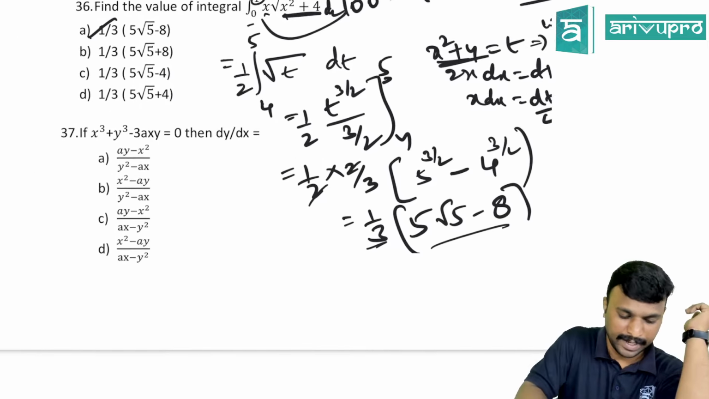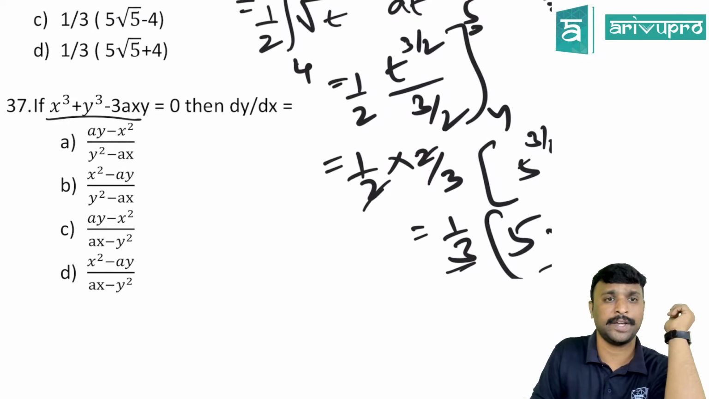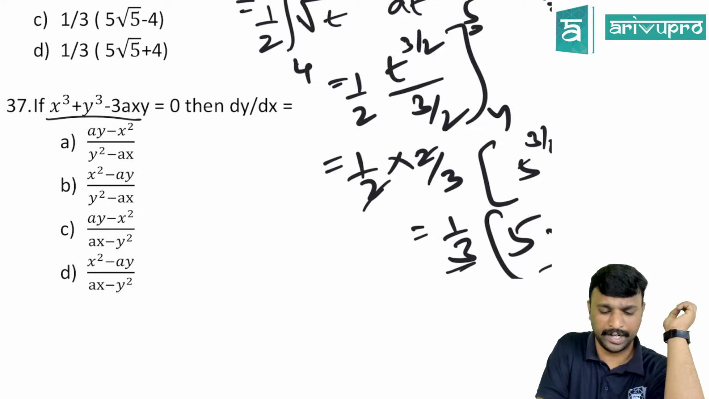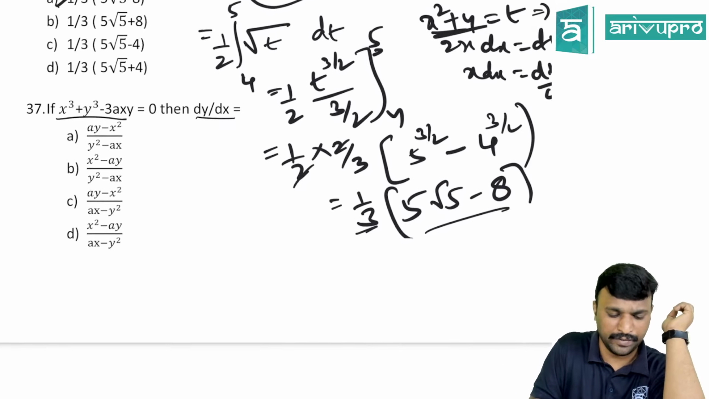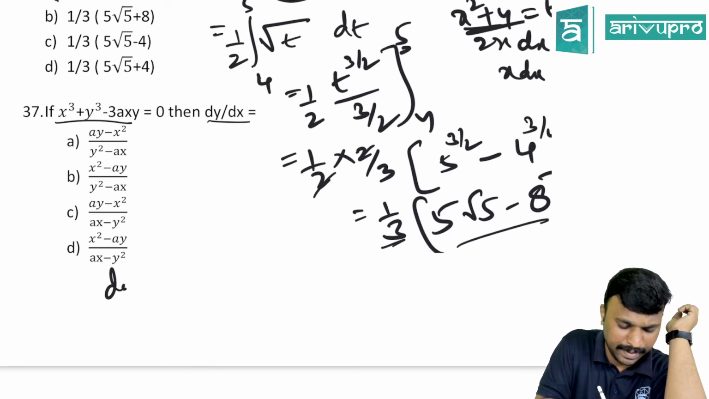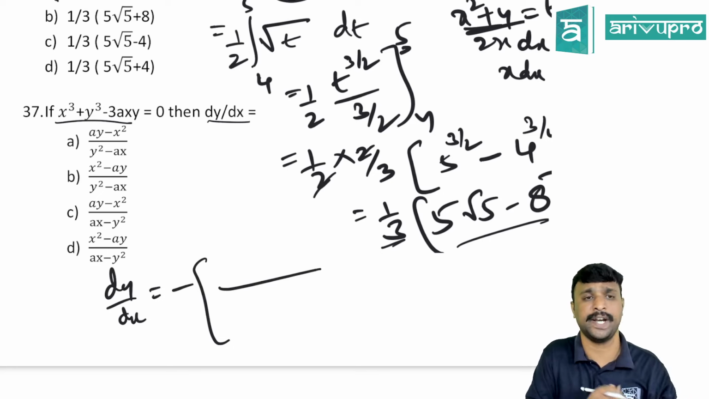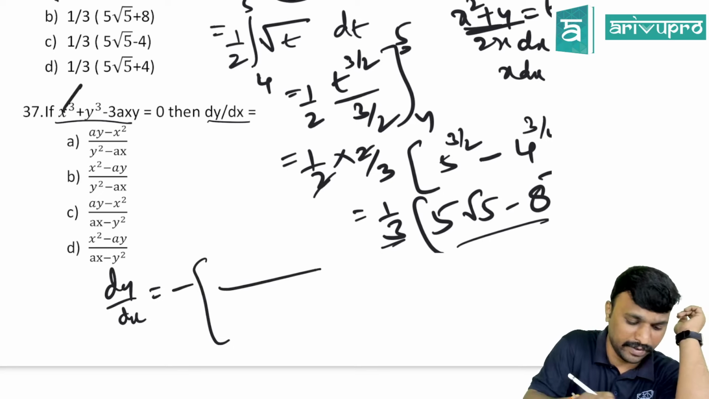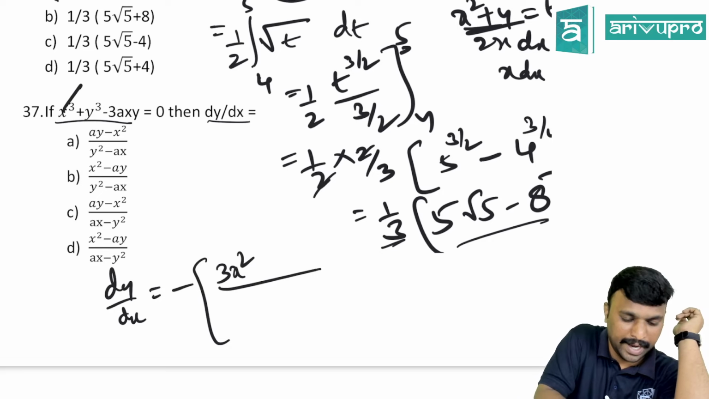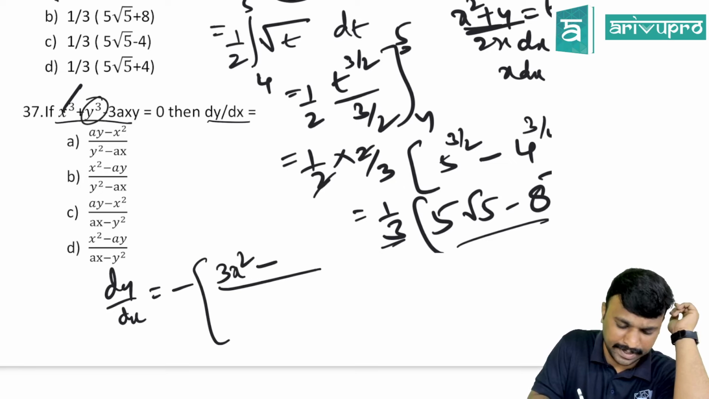Guys, look at the next question, question number 37. It is x cube plus y cube minus 3axy is equal to 0. Find dy by dx. So the function is definitely the implicit function. So how do you differentiate an implicit function? Dy by dx, a shortcut for implicit function is minus outside. Numerator, differentiate x with respect to x, taking what as constant? Y is constant. So derivative of x cube is 3x square. And derivative of y cube is 0 because y is constant. For the numerator, minus 3ay are constant and derivative